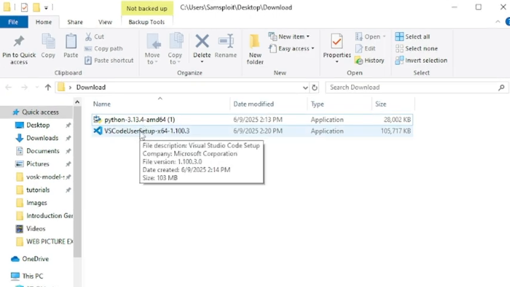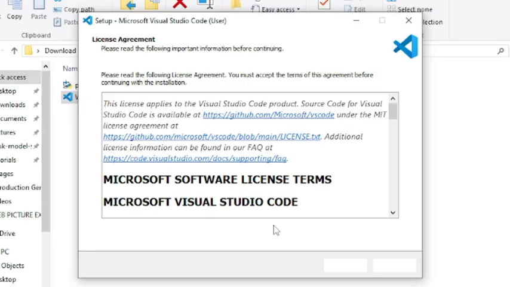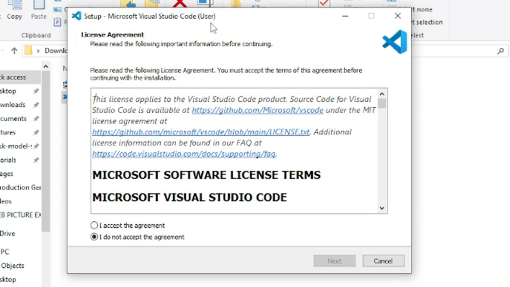The same way you double clicked on the Python setup, double click on the Visual Studio Code setup. This activates the installation wizard.